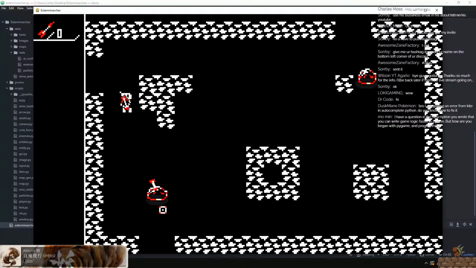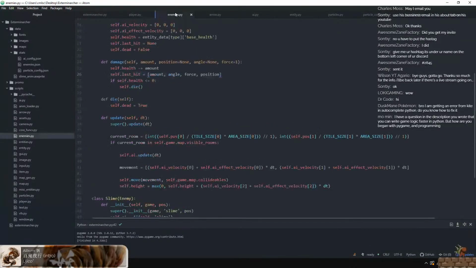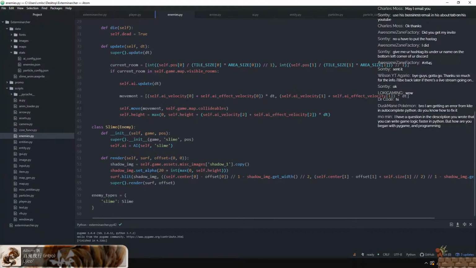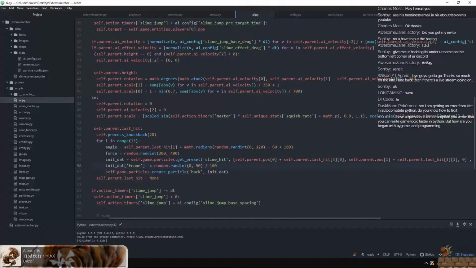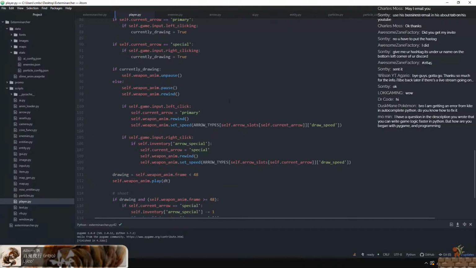Boop. What? Why is it doing that? Oh, I know why. It didn't make a copy. Oops. Can you copy a dict? I always forget this. I don't know why. Oh yeah, you can just copy it. So,